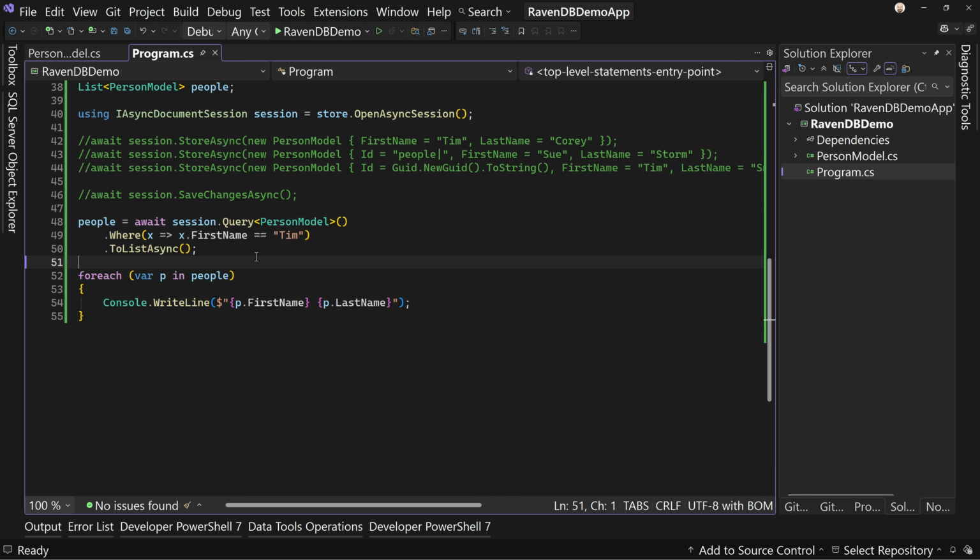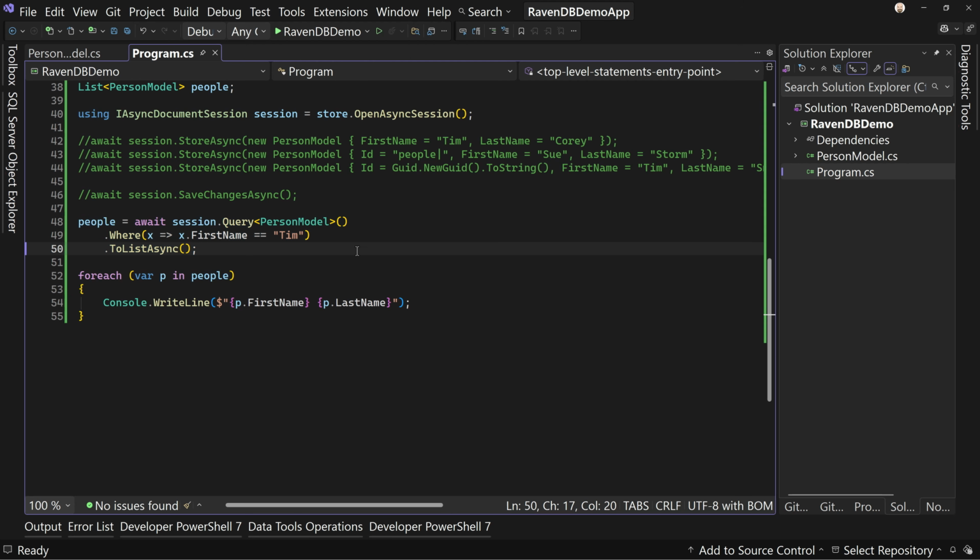Okay, so notice I also didn't have to do a SaveChangesAsync. I'm not doing any write commands. I'm not doing a read command. So this right here, this ToListAsync, is where the actual call gets made. Now you could lazy call this if you wanted to. That's a bit out of the scope for this video, but just note that if you want to save the number of actions you do on a session, which we'll talk about in just a minute. But this just did a query and gave back all the records that had a first name